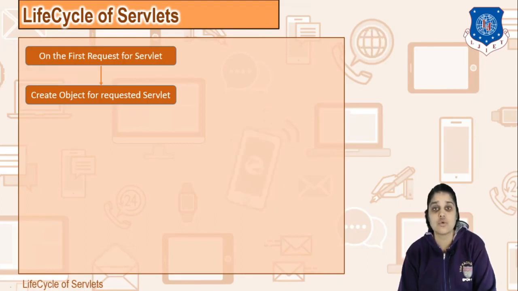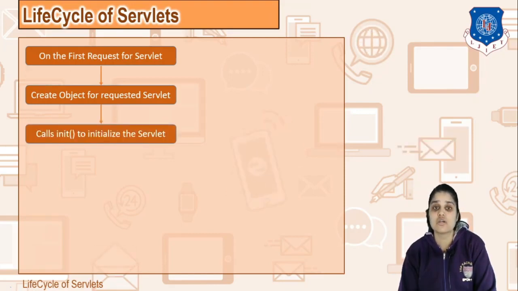This creation of the object of the servlet that you have run is the responsibility of your Tomcat server. Tomcat creates this object for the servlet that you are running, and it is also responsible for calling the constructor of that servlet. So you can say that your servlet is in memory. Next, the init method of your servlet is called by your Tomcat server. This initialization method is called, and during it, all the configuration parameters of your servlet, like your username and your password, are provided to the servlet by your Tomcat server.